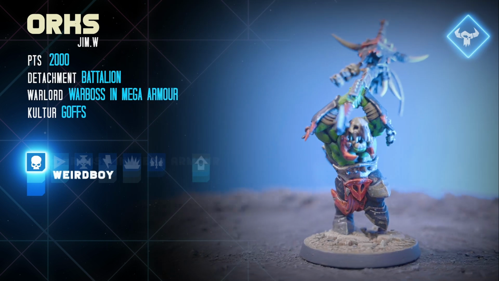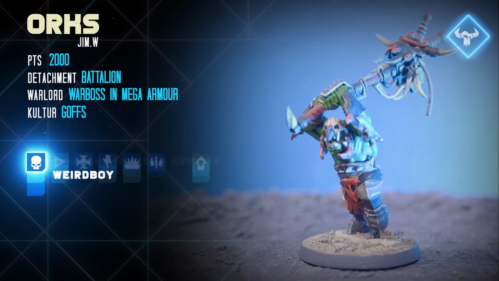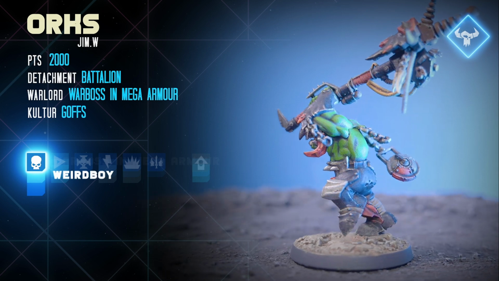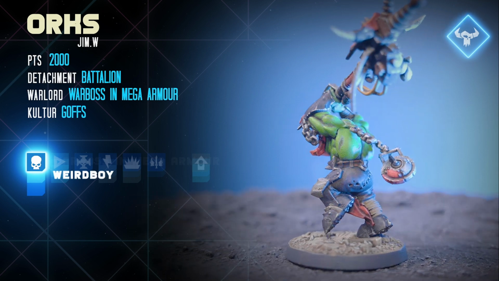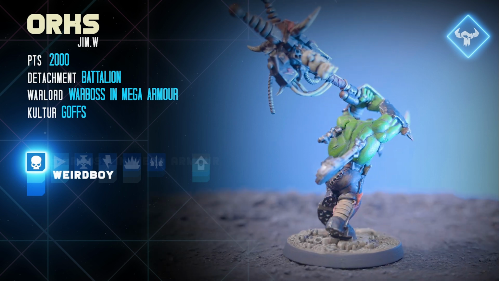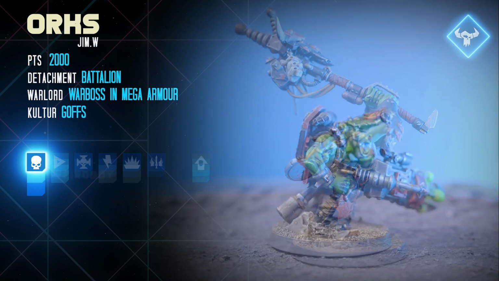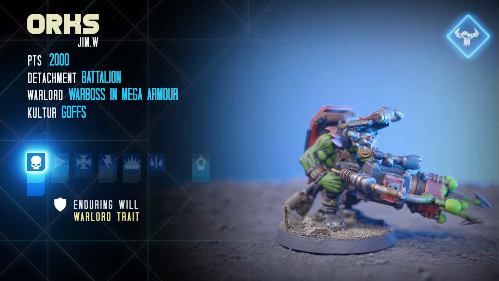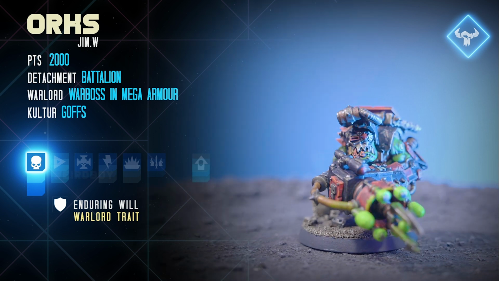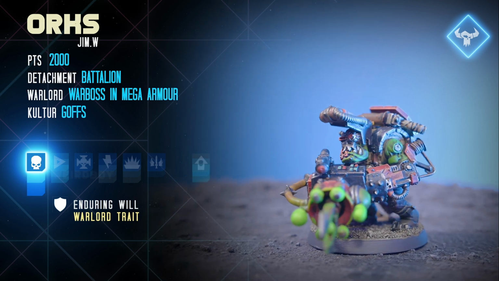I also have a Weirdboy. His spells are Warpath and Fists of Gork. Warpath gives +1 attack to a unit, and Fist of Gork is +2 strength and attacks to a character. I'm also taking a Big Mek with a Shock Attack Gun with an enhanced Rontastic, giving it 2d3 shots rather